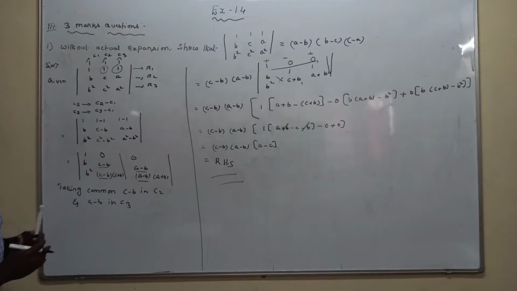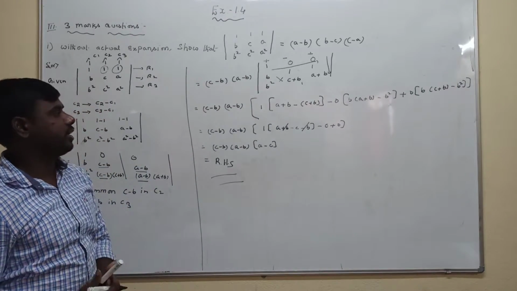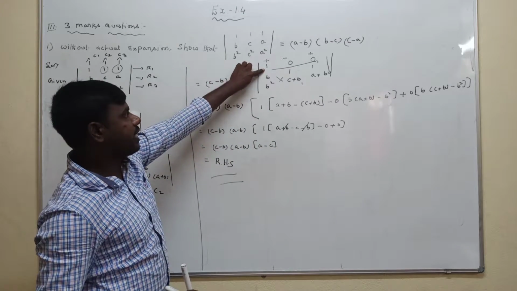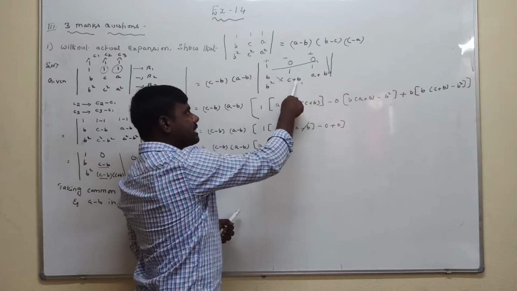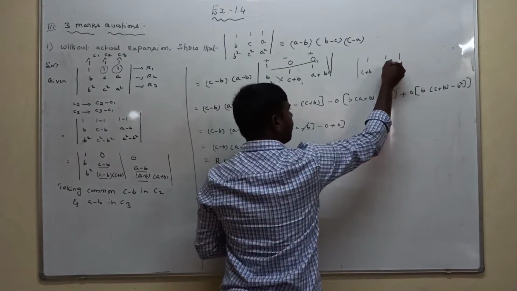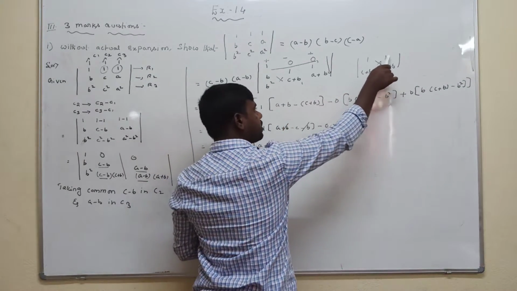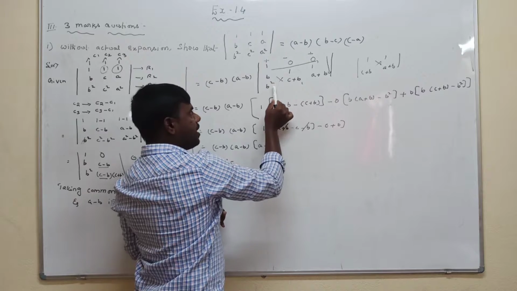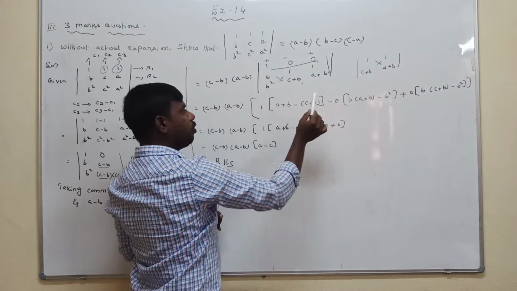Very simple. First, you should apply the condition. After that, take common. After that, you should apply the determinant condition. I think you understand this condition, very easy. So now, plus 1 you are taking, that particular row and that particular column are eliminated. Left of the elements are 1, 1, c plus b, a plus b. After that, we should apply the cross multiplication. That's why directly 1 into a plus b minus c plus b into 1 is c plus b. After that, symbol is negative, 0. Left of the elements are b, 1, b square, a plus b. You should apply the cross multiplication method: b into a plus b minus 1 into b square, like that.